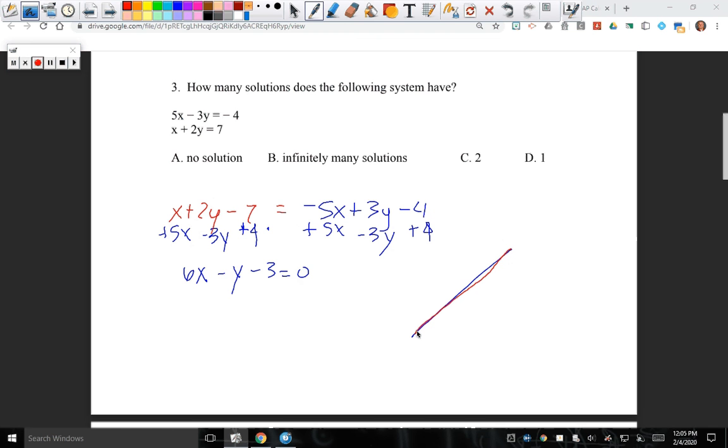I would prefer you to do the elimination because of the way you're tested on the ACT, okay? Because sometimes they'll ask, what does this number have to be in order to make it infinite solutions? Or what does this coefficient have to be in order to make it no solutions? So please go with the elimination method because you can see more from that. All right, so now